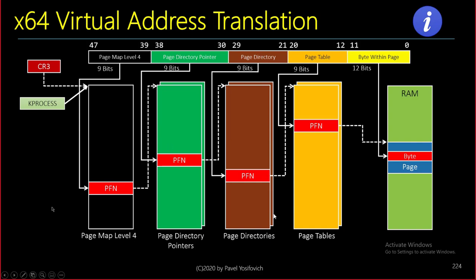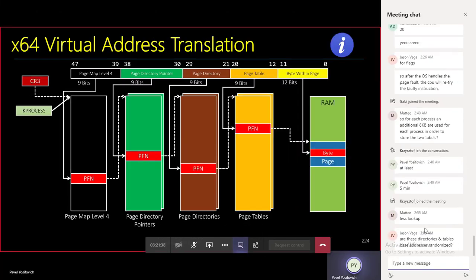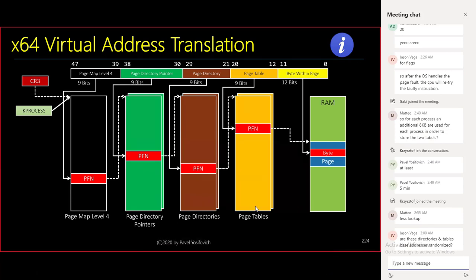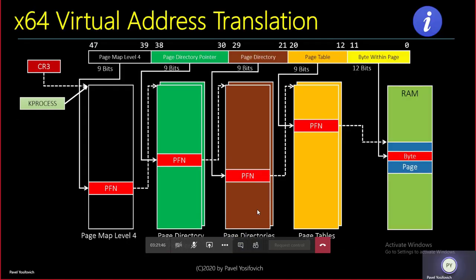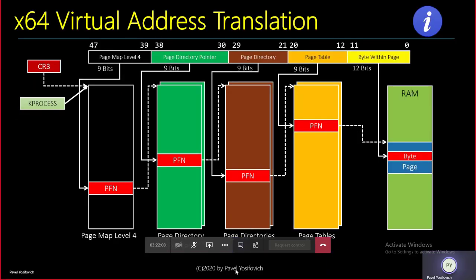And so is the address of these directory tables randomized? Well, on Windows 10, where ASLR exists in the kernel, the answer is yes. Previously, not necessarily so, but again, it's fairly unpredictable because it depends on which process does allocate memory and so on. And so that's PTE base, yes, on 32-bit. That was the case. In any case, today on 64-bit, there's ASLR. It doesn't exist on 32-bit because there's not much range to play around with, but these areas change every time